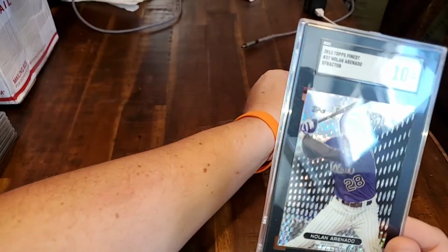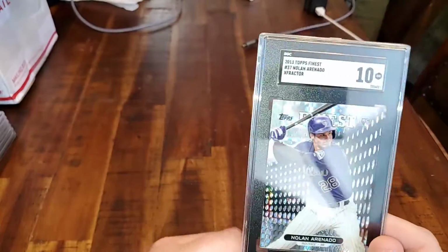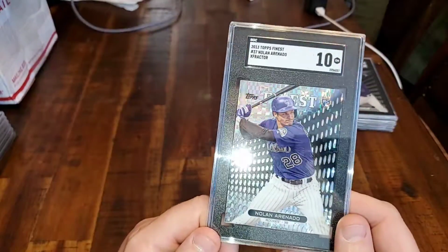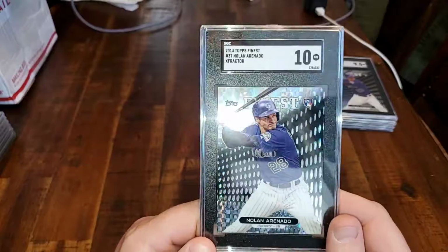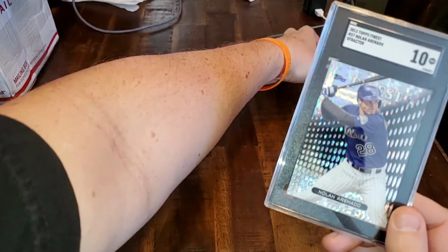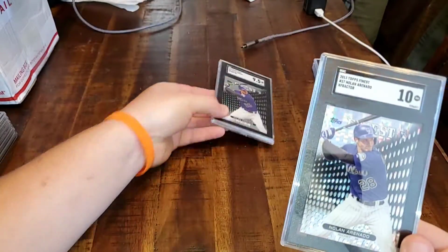So it's just a different type of refractor. It's a little bit more rare. It's a little tougher pull. And this one got a gem mint. And I was actually really surprised on this one. I thought this would get a 9 or a 9.5. Judging by just the centering, let's go with a